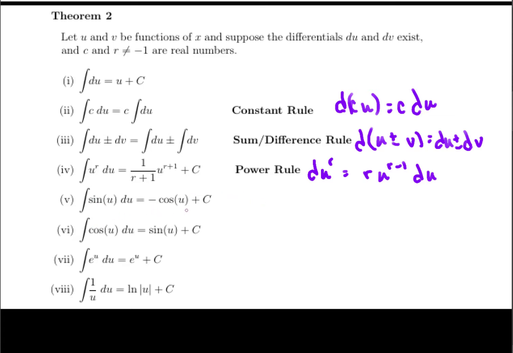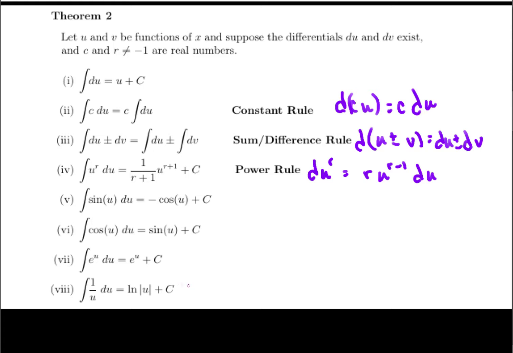The antiderivative of sine is negative cosine, since the derivative of negative cosine is sine. The antiderivative of cosine is sine, since the derivative of sine is cosine. The antiderivative of e to the u is e to the u, since the derivative of e to the u is e to the u. And then the one that maybe feels a little bit weird here